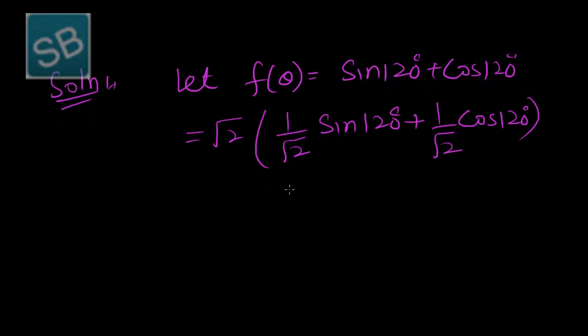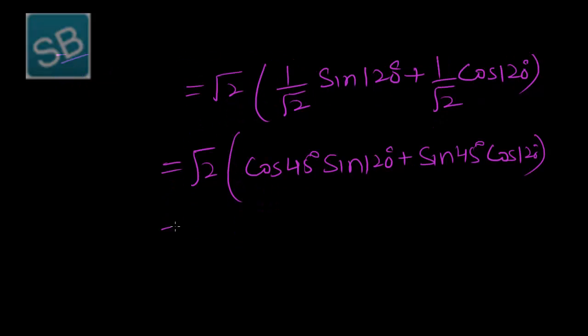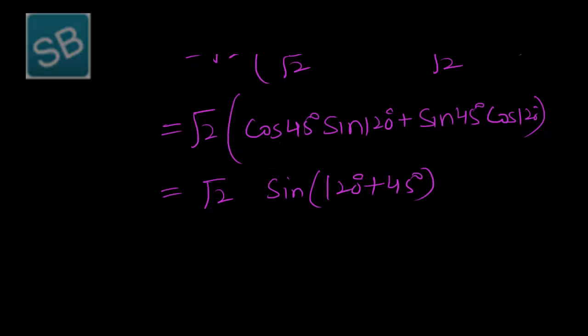So we get cos 45 degree into sine 120 degree plus sine 45 degree into cos 120 degree. So we get cos A sin B and cos B sin A, sin A cos B and cos A sin B. So this is the formula of sin A plus B, that is 120 degree plus 45 degree. So we get under root 2